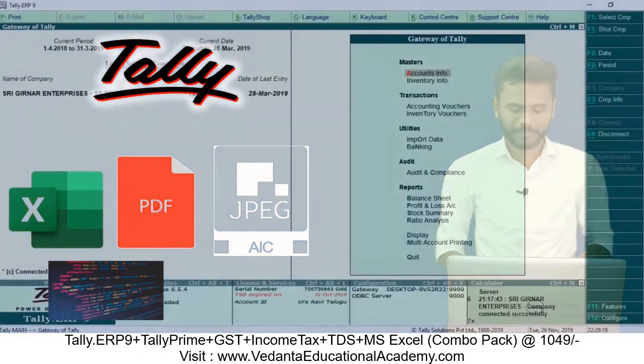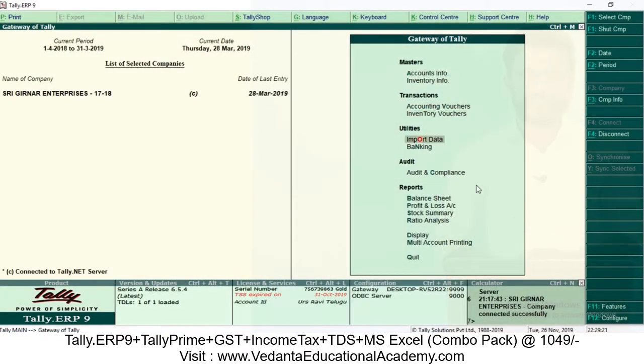It's very simple. Just go to any of your reports that you would like to export. For example, first I'll show you how to export the balance sheet. Your boss is asking you to export it and save it on the desktop in Excel format. Is it possible to export into Excel? Yes, of course. Very simple. Just only one thing to be done.